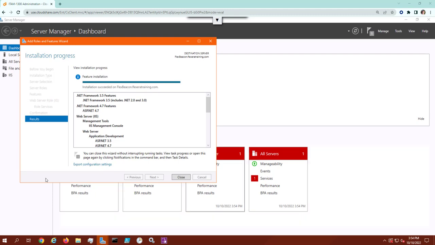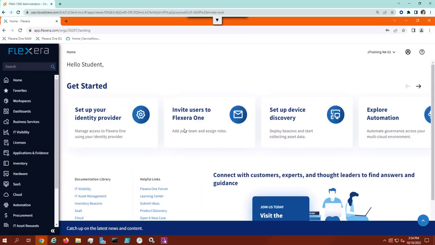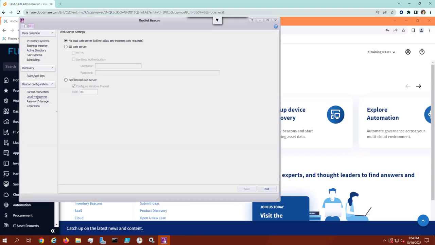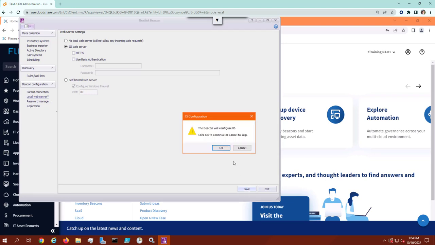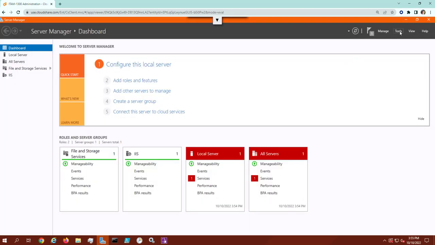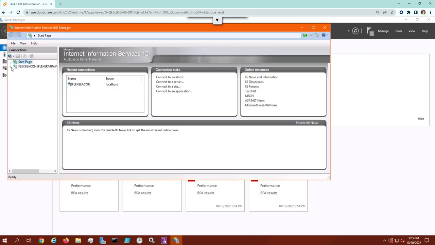So now that's done. We can go to our beacon now, and under local web server, we can turn on the IIS server. We're not using HTTPS in the lab environment. So then we just hit save, hit OK, and that should configure IIS. So to verify, we go back to Server Manager, Tools, IIS, open up the FlexNet Beacon,